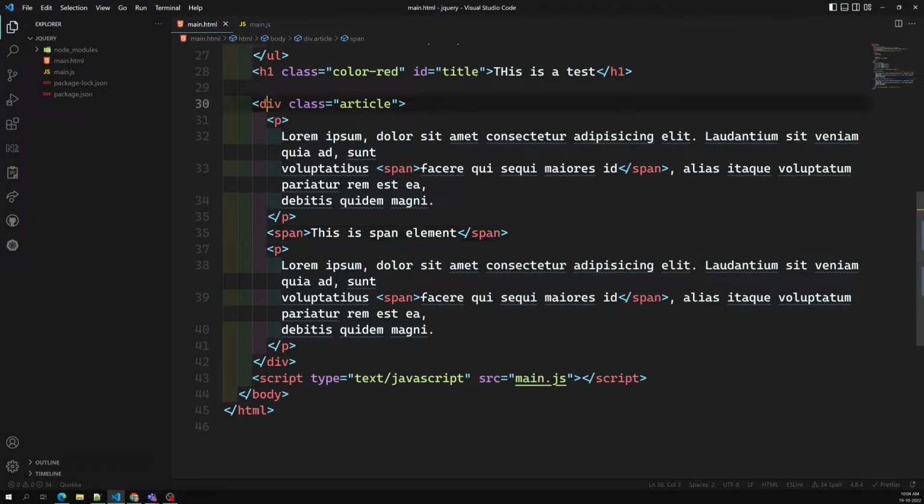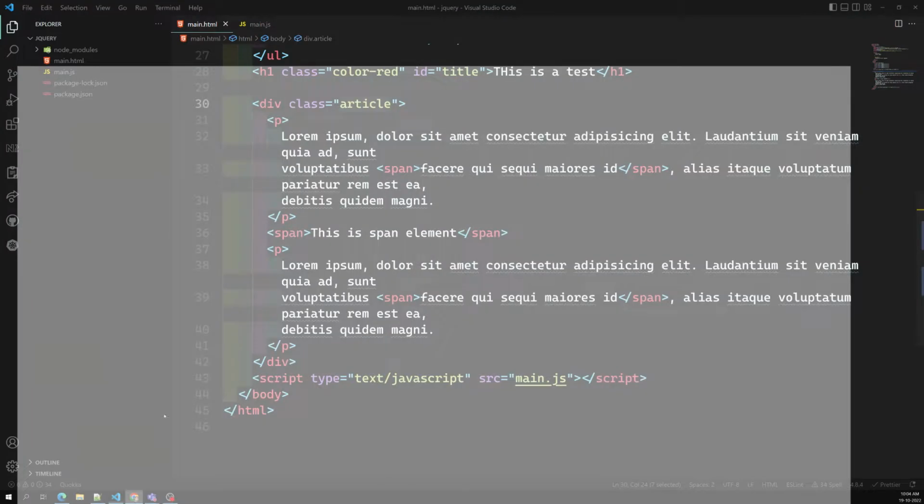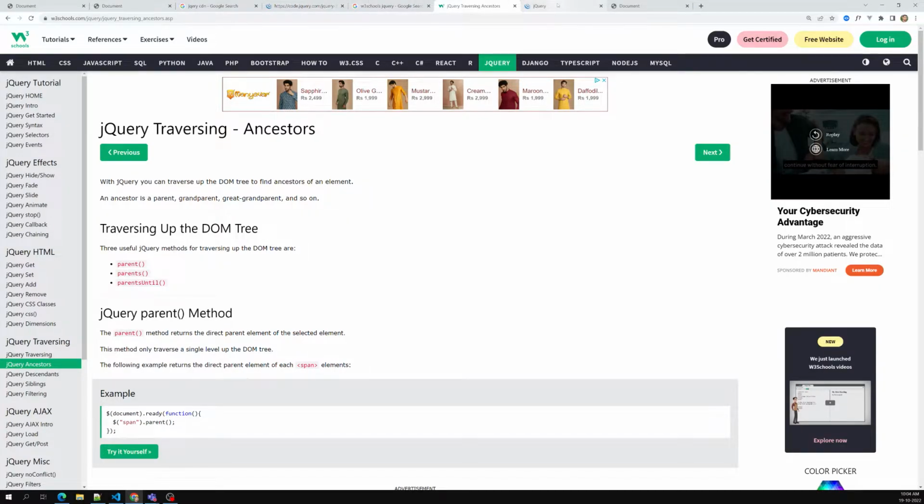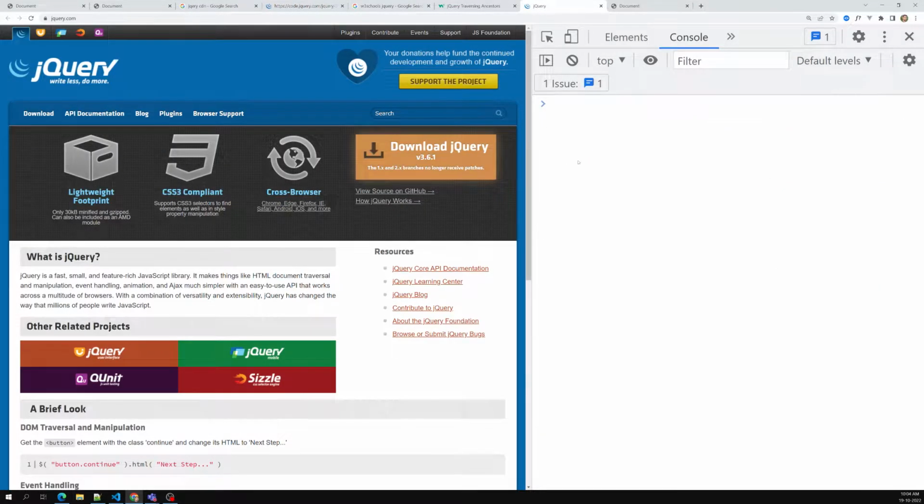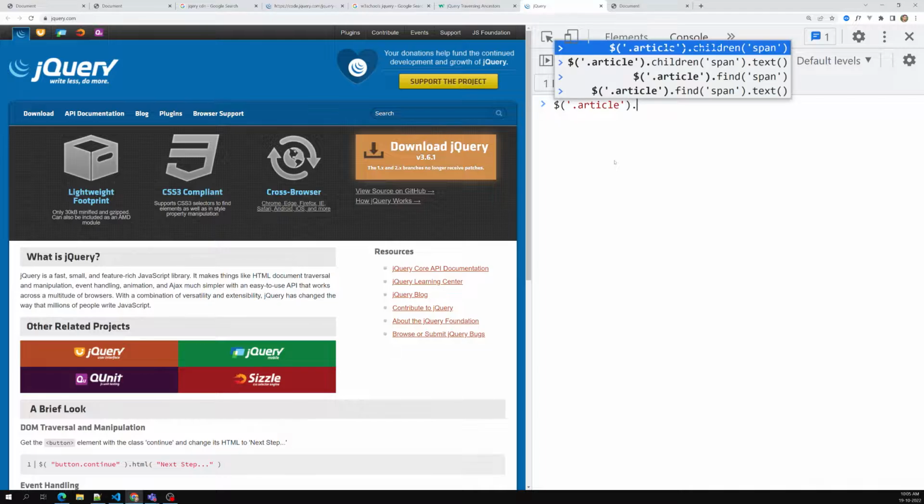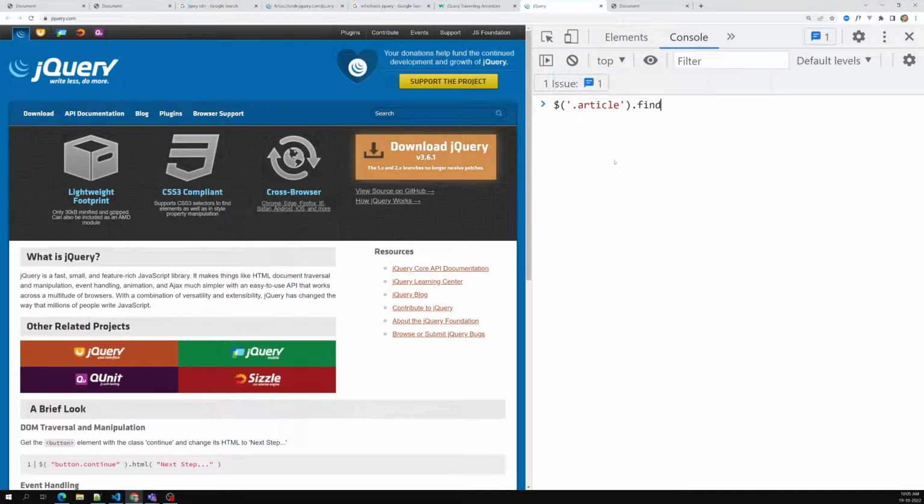So now for this div class is equal to article, this span is directly a child, and these are not children. Now if you want to traverse through the DOM, in our example, I want to capture $('.article'), and if you use the .find method, find method means I want to find